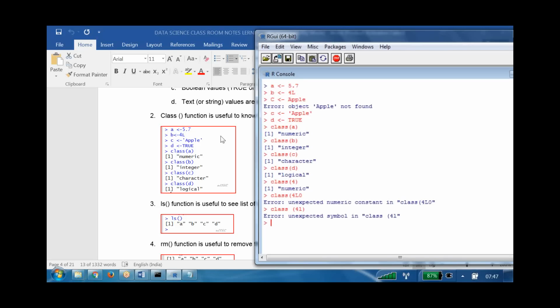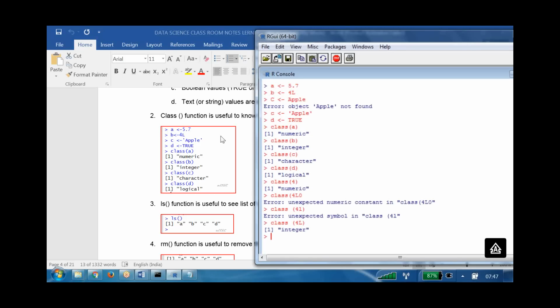It's case sensitive, sir, the L is written small. Yes, case sensitive. There is also no space required between the bracket and the class. Okay, now what is it showing? Integer.